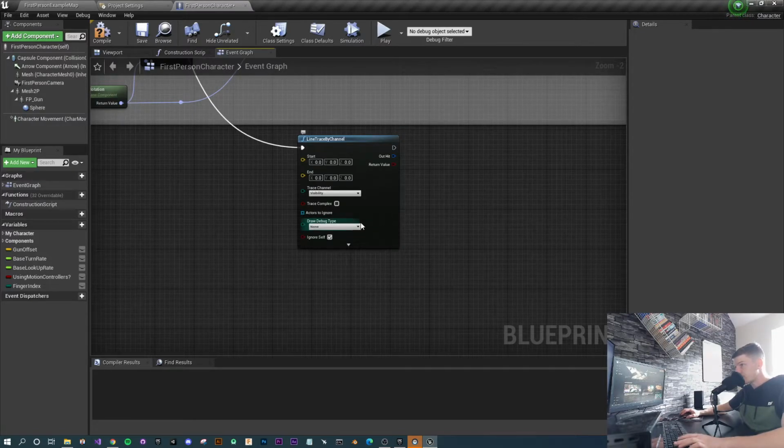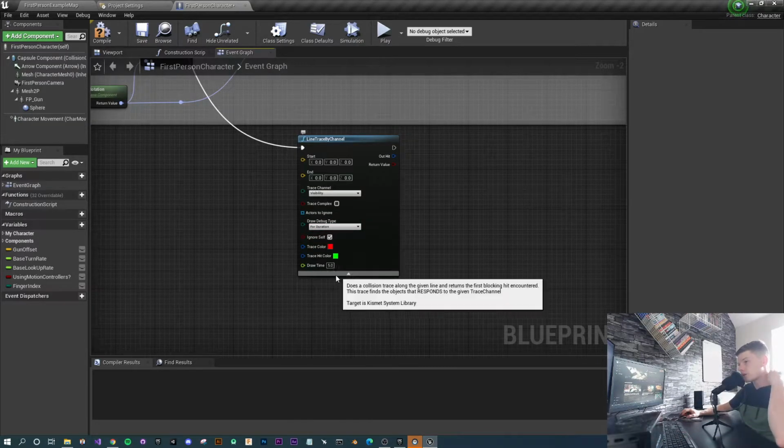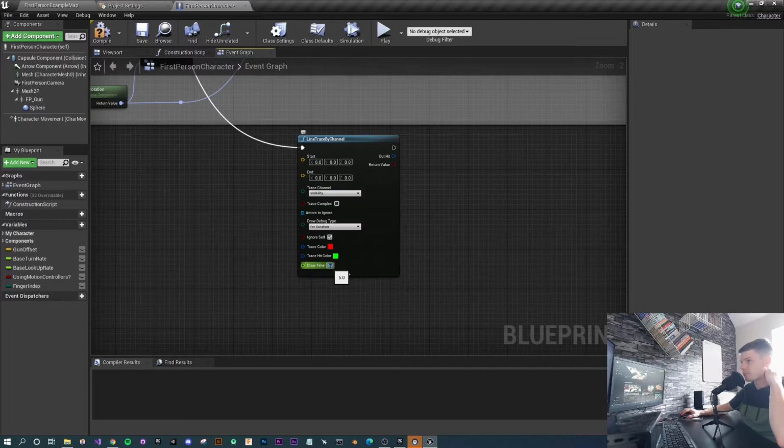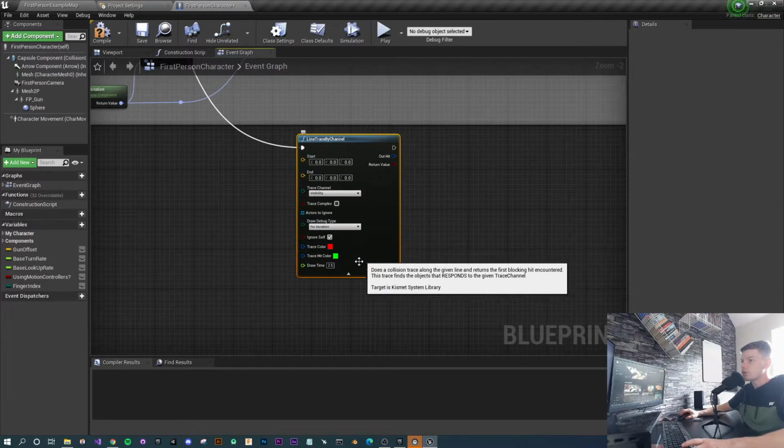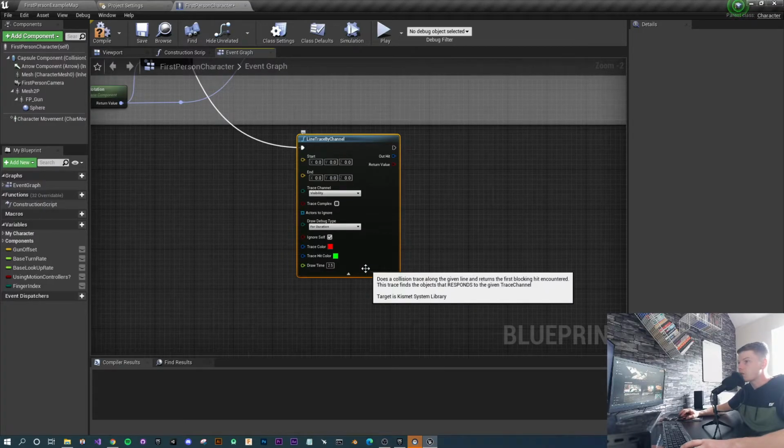You've got draw debug type. Now, as I showed you in the preview, it actually drew a line on the screen to show you where the trace is. That is this. We're going to set that up for duration. And just in this drop down below here, you can see right at the bottom you've got draw time. Now, that is the duration of the draw debug. I'm going to change that to 2.5